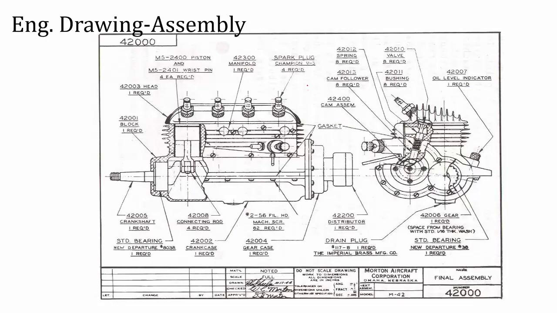Then the second stage is engineering drawing. This is an assembly engineering drawing. There are plenty of components, you can see that. It's actually a complete assembly. You have one part model here, and here you have another part model. All the parts are assembled together as an assembly drawing. You can see that this is the final assembly. This drawing will be given to the production department.